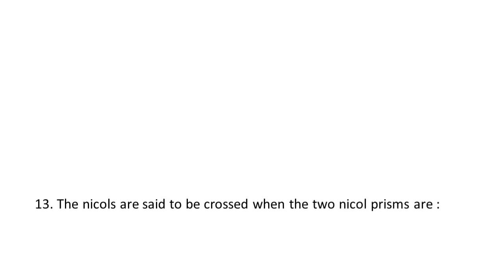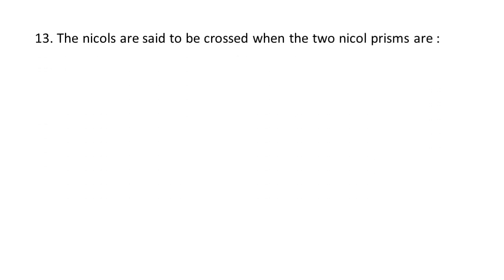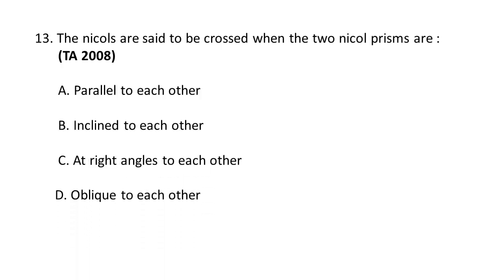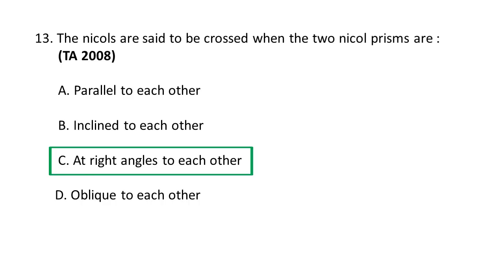Next question. The nicols are said to be crossed when the two nicol prisms are A. parallel to each other, B. inclined to each other, C. at right angles to each other, D. oblique to each other. The nicols are said to be crossed when the two nicol prisms are at right angles